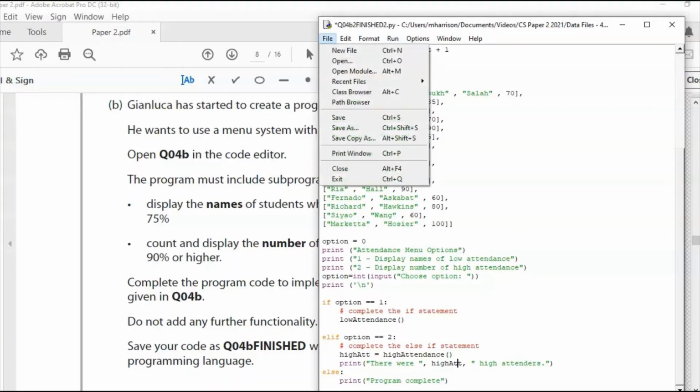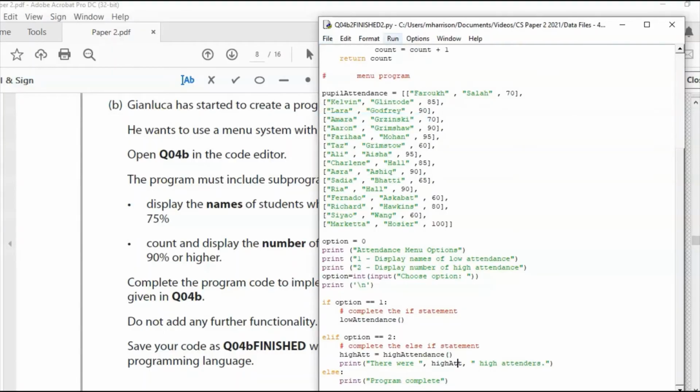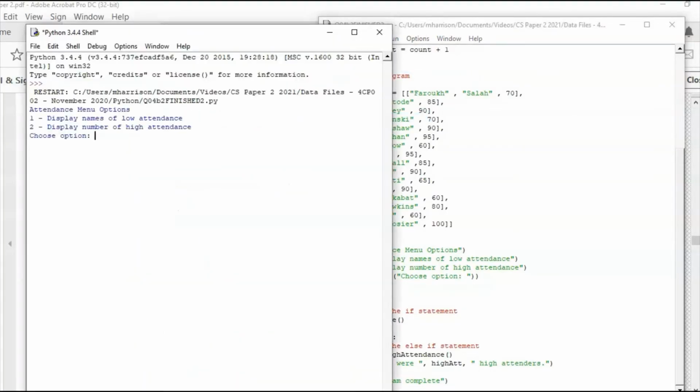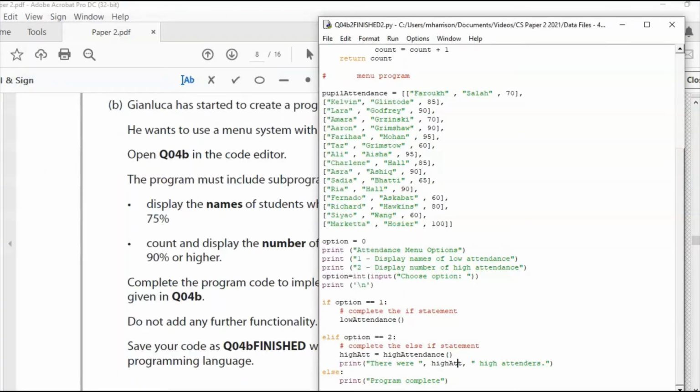So now I'm going to save that, and I'm going to run it. And I'm going to choose option 2. There were 7 high attenders. Is that correct? So I'm just going to go and make a double check. So 1, 2, 3, 4, 5, 6, 7. That is correct. And that is a completed program,